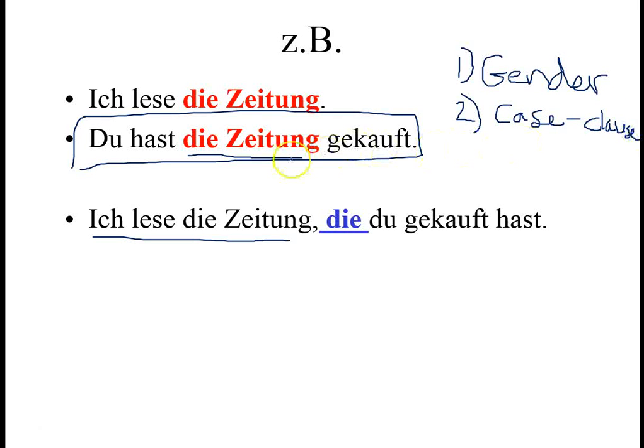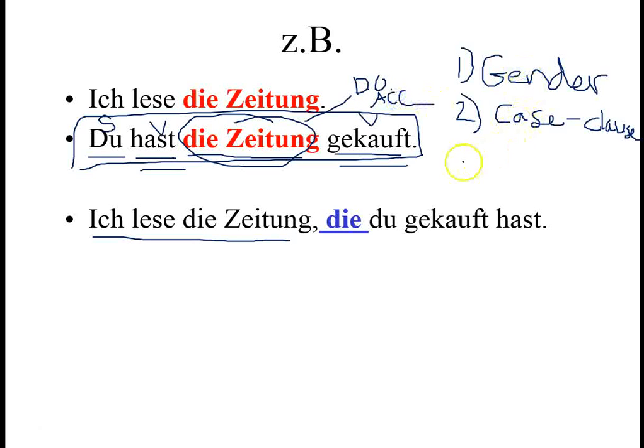So in the context of this one, you is the subject. You have bought, so verb, subject. So use nominative. You have bought who or what? The newspaper is therefore the direct object, aka accusative. So gender and case is going to then allow us to use the chart that we'll look at in just a moment. Okay? Gender case chart. So we have our clause. We've now used the gender case chart to figure this out, and then we push our conjugated verb to the end